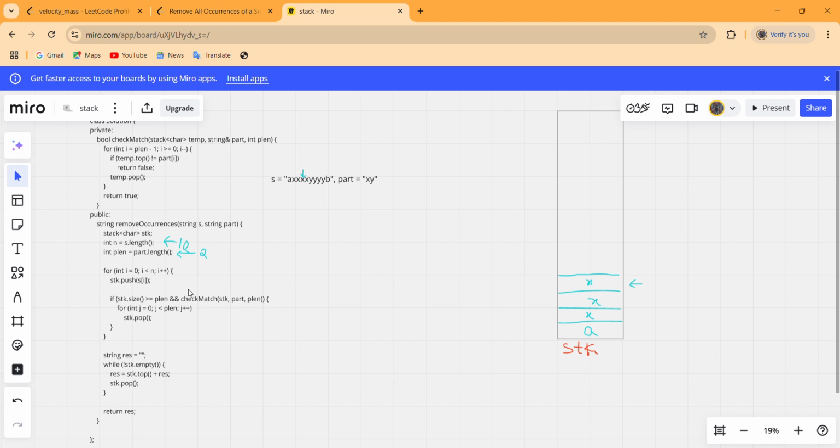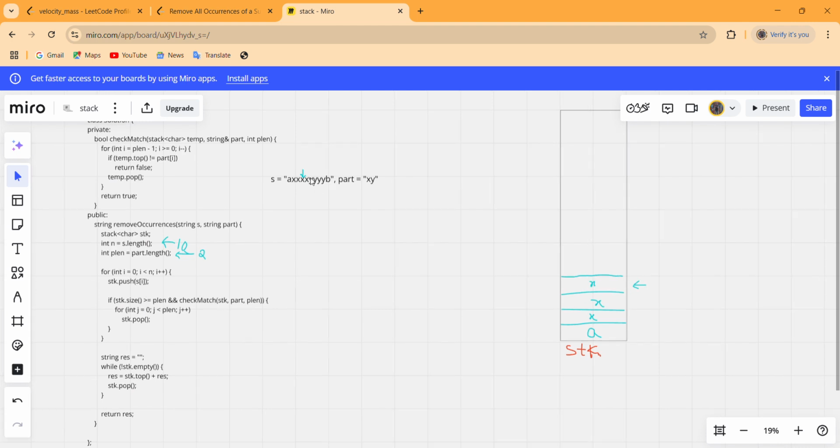But if we check this check match function, this will not return true, because the last index of part is y, and the current top of the stack contains x. So this will return a false to this function, and the if condition will never get true,